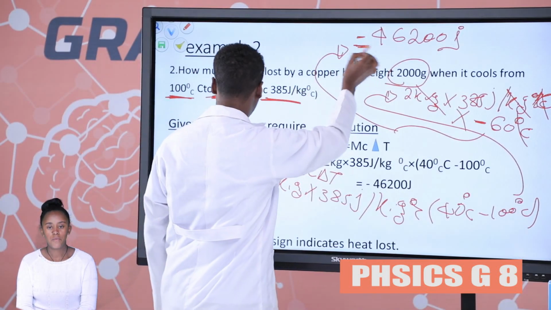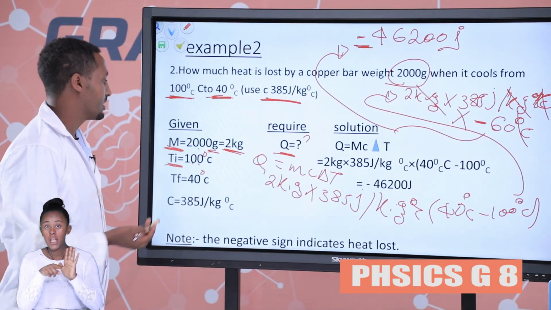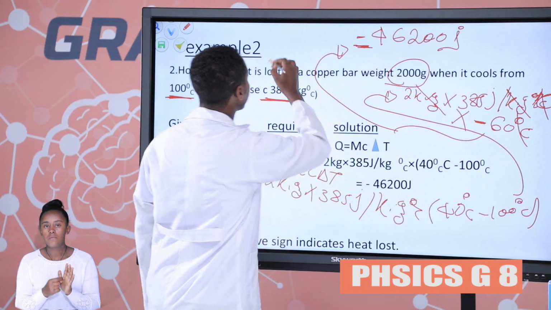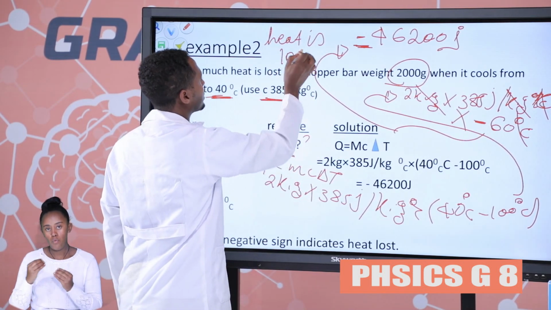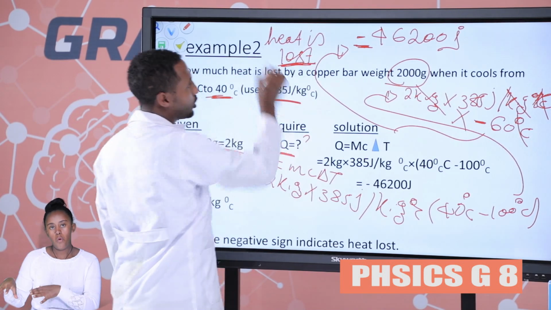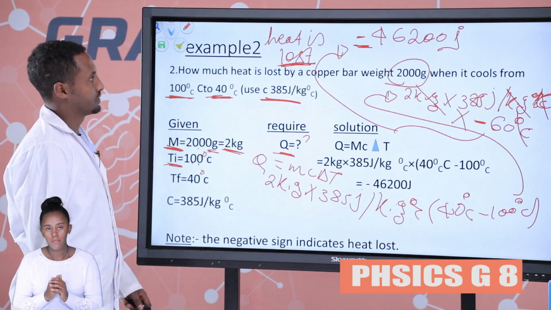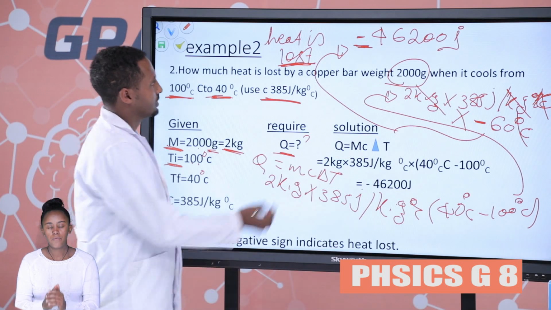This negative sign indicates the heat is lost. The answer is